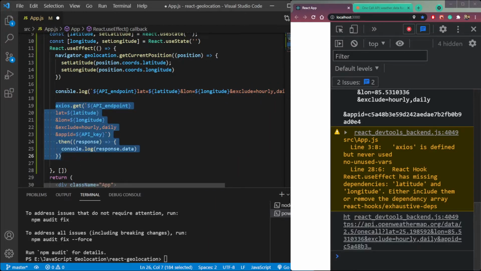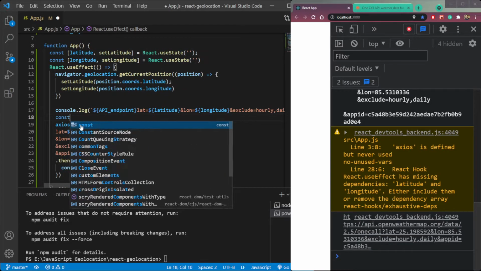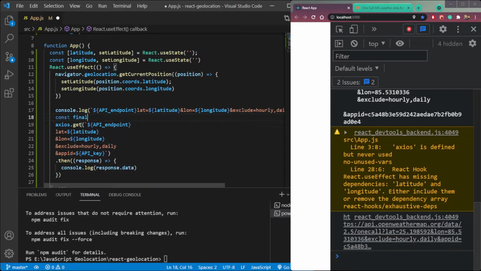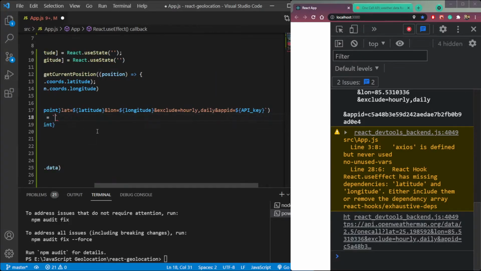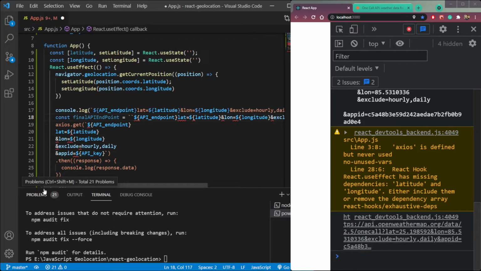Or to simplify it, we can create one more constant. So const final API endpoint equals this whole thing.